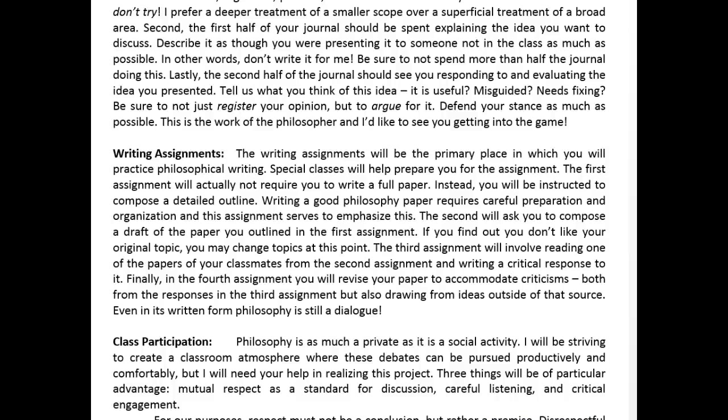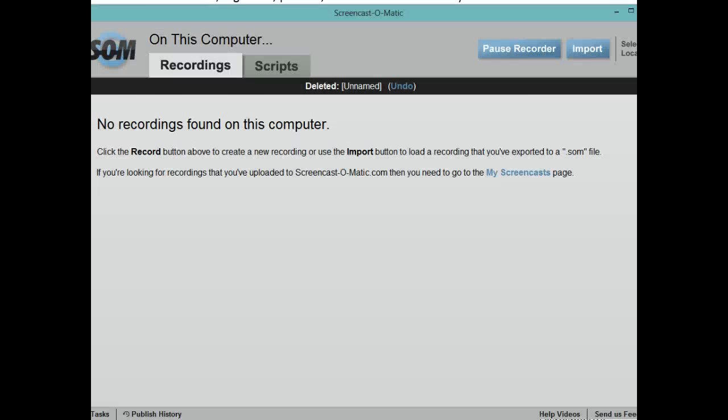For some of you, it's probably going to feel very natural, like you already write like this. For others of you, it might feel totally new and foreign, a foreign way of writing papers, or just writing in general. And I want to give you a lot of support along the way with this. One of the big ways I'm going to be supporting you is with comments and feedback. I give extensive comments. I've got a lot of students this quarter. There's going to be a lot of work, but I'm going to give you all the time that I can to really help you along with the process.